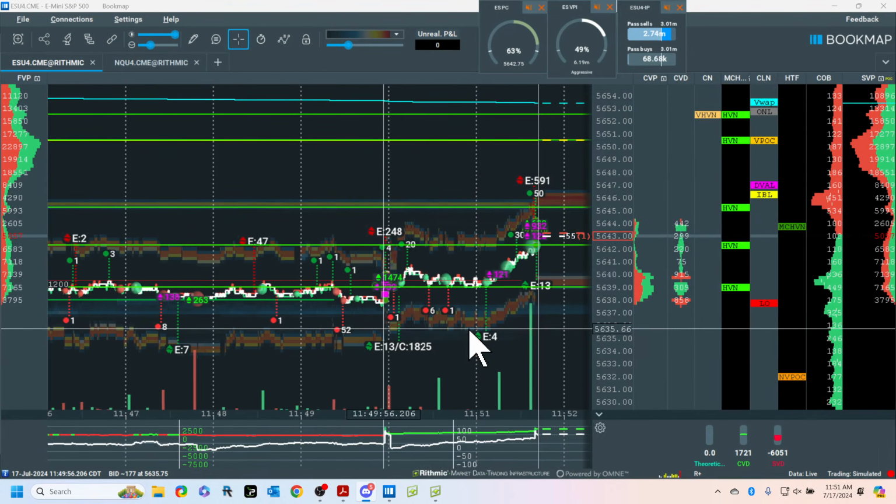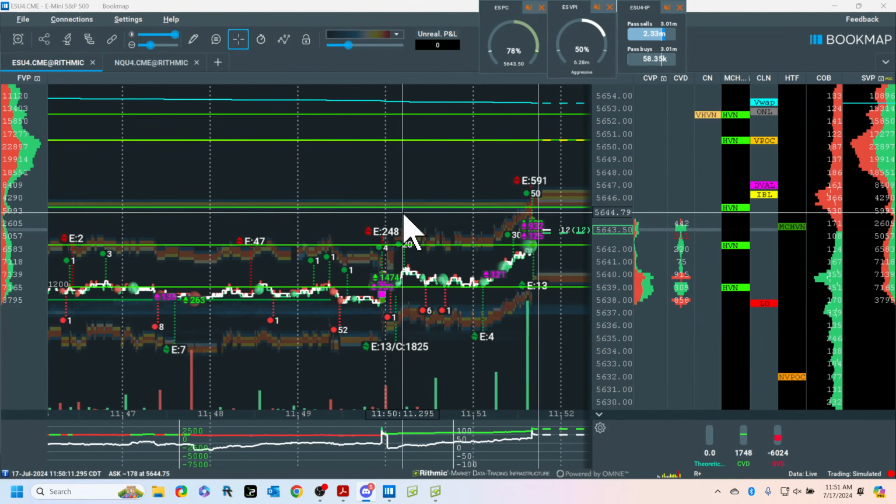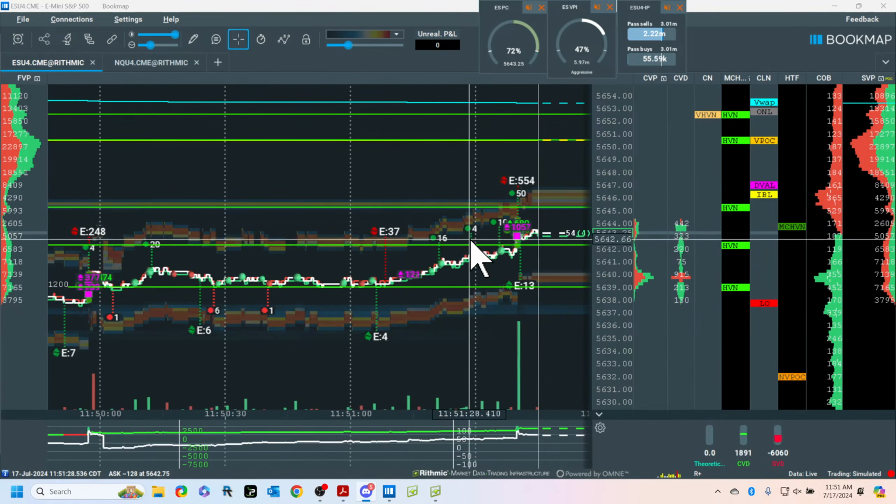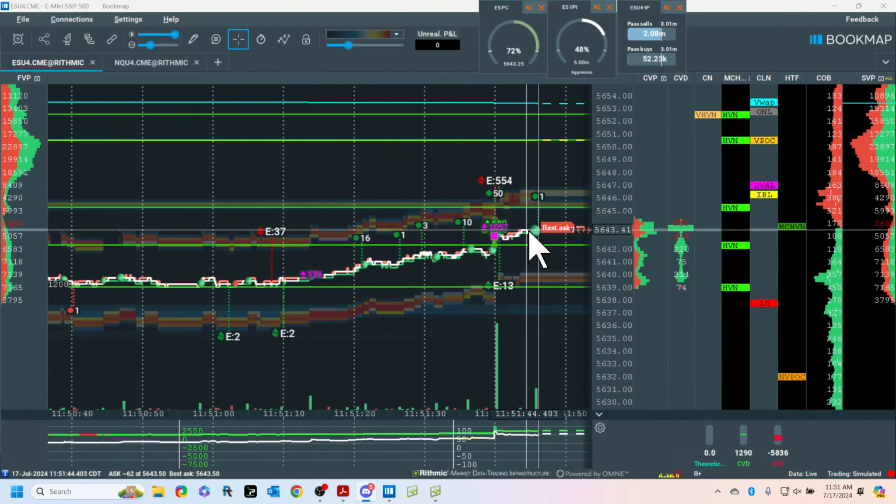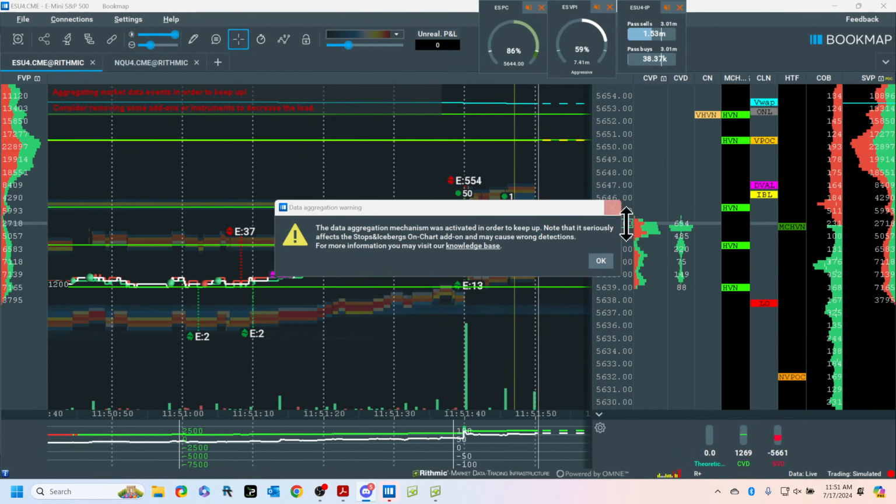When you understand how the market works, and they're not mutually exclusive, if you understand how the market works, then you could use order flow